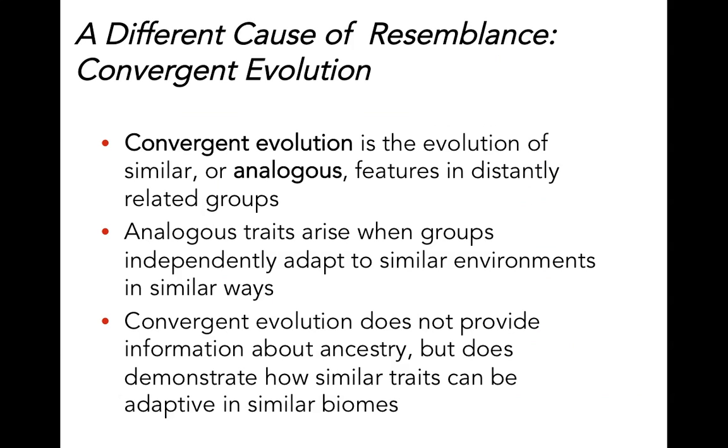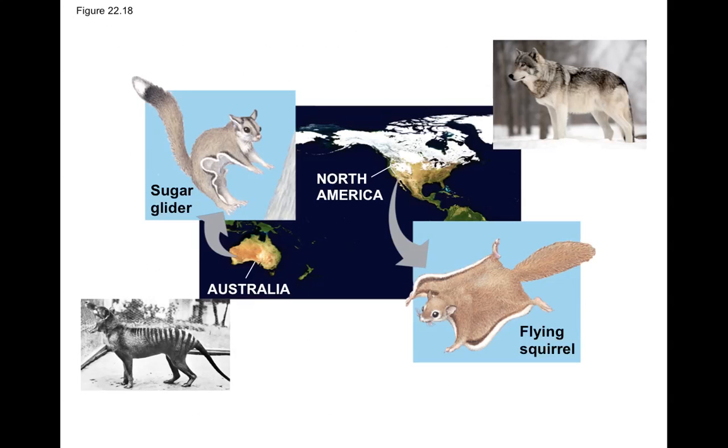In addition to homologous structures, we see another line of evidence in convergent evolution, which is the evolution of analogous features. Analogous features are features that are similar in appearance or shape, but not through shared common ancestry, but through shared environmental pressures. So we can see that in similar biomes or habitats, different characteristics can be adaptive. So, for example,